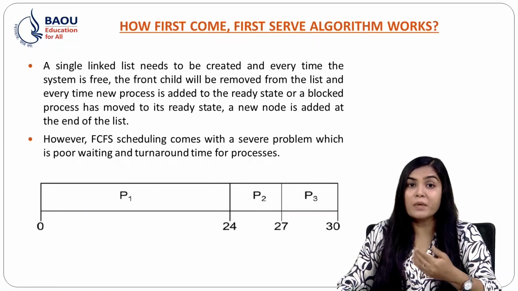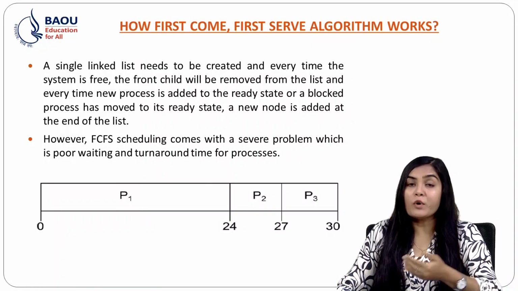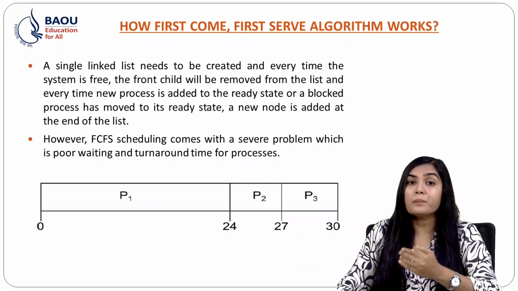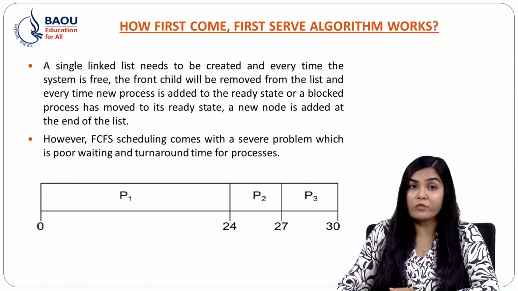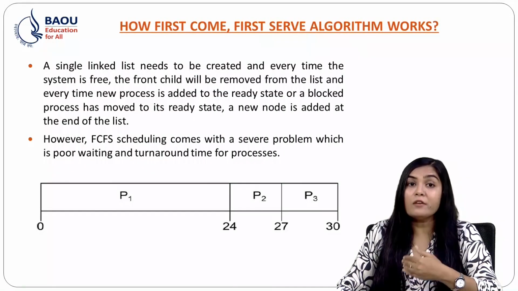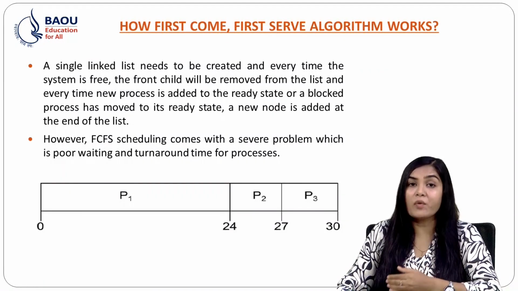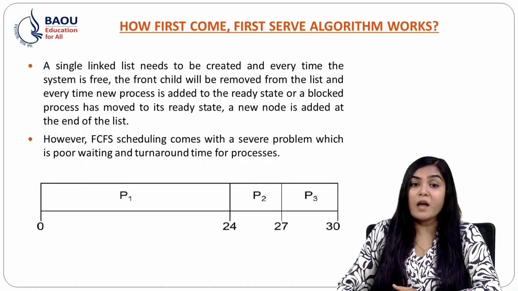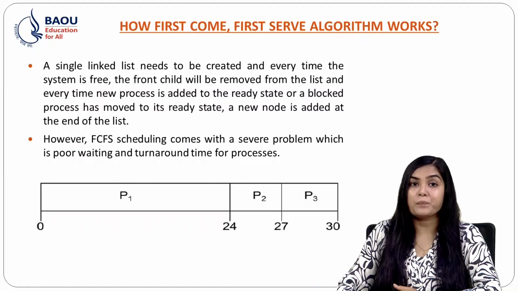Here burst time means the execution time. So burst time of different processes are 24, 3 and 3 respectively. Process P1 will run automatically as there is no other process ahead of it in the queue, which makes the waiting time of it 0. Waiting time of P2 is 24 as it goes after P1 has completed, and the waiting time for P3 will be 27 because of P1's and P2's execution time.